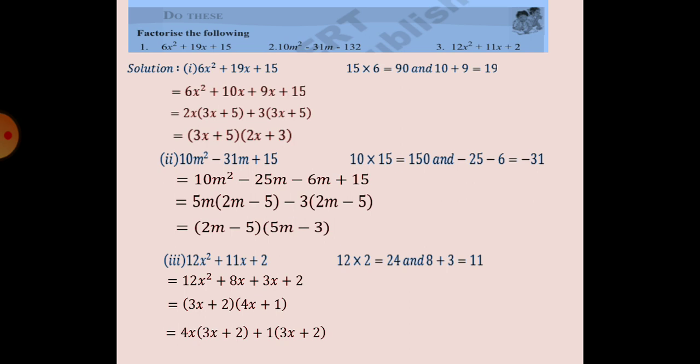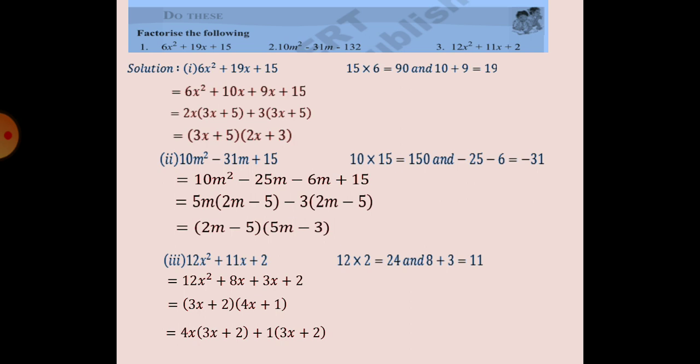Now see the third and the fourth term. Both 9 and 15 come in the 3 table, so we'll take out 3 common. The terms that are remaining inside are 3x plus 5. Again, now we have two terms. In both the terms 3x plus 5 is there, so we'll take that 3x plus 5 common. When we take out 3x plus 5 common, 2x remains in the first term and plus 3 remains in the